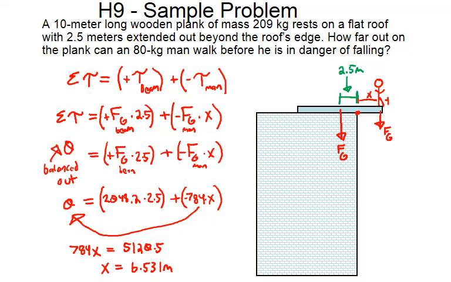So theoretically, the person would be fine coming out at least to the 2.5 meters, and really could go all the way to 6.531 if it extended all that way. So the person would be